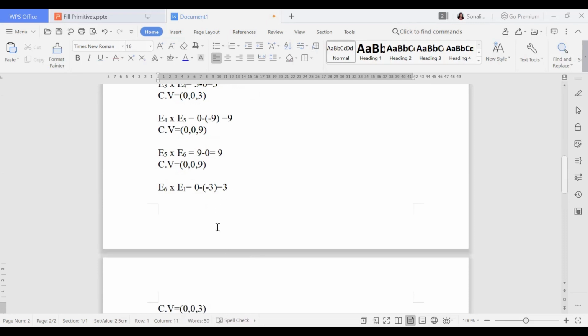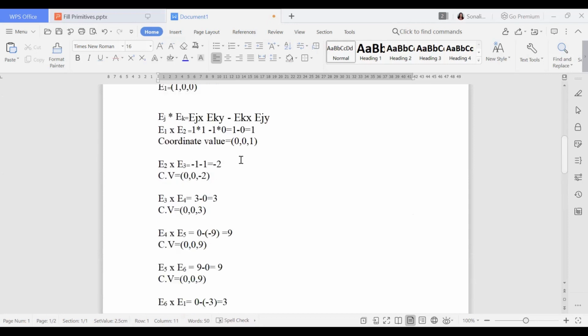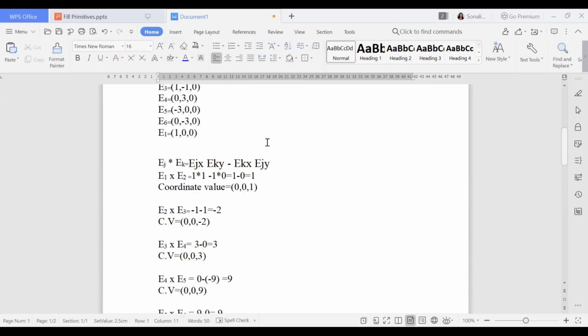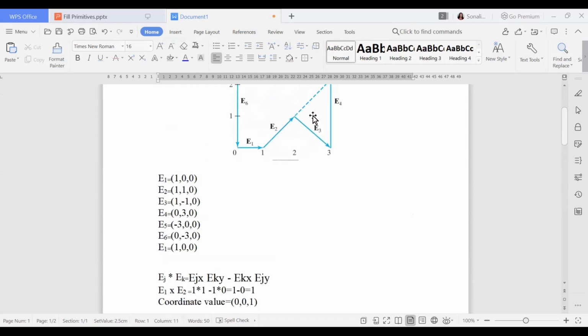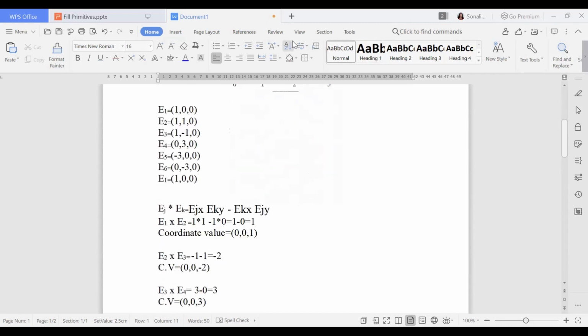So now I got a positive value everywhere, only one negative value, E2 into E3. As I got the negative value here, that is the reason I have to extend it here. I have to touch it here and make my concave polygon convex. So you can see this part became concave and this part became convex. This concave total polygon became two convex polygons. Okay, I hope you have understood this.